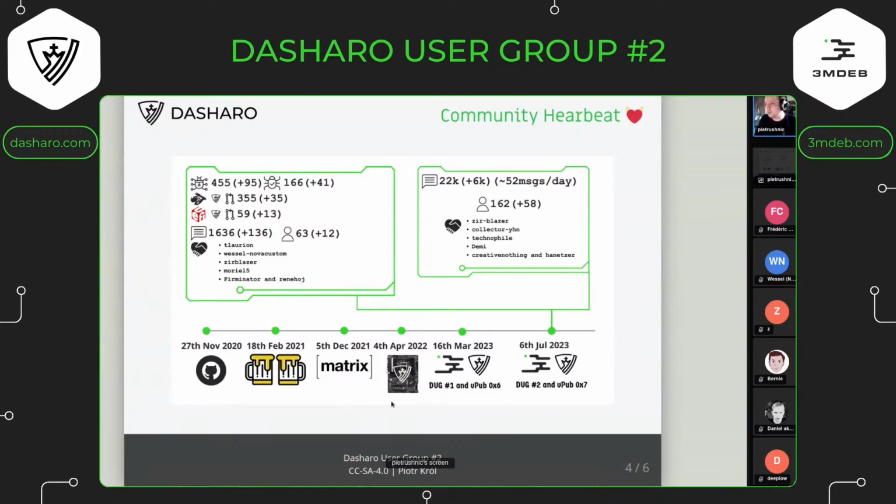We also gained 12 new unique commenters and reporters of bugs to the Dasharo issues repository. At this place, I would like to thank the most active commenters. Not much changed over the quarter; the leadership of active users on the Dasharo issues keeps the same order.